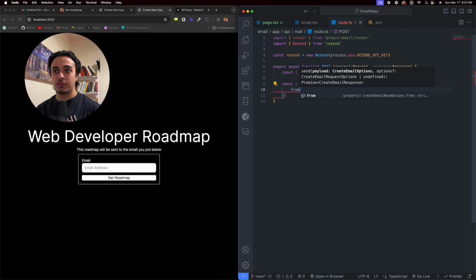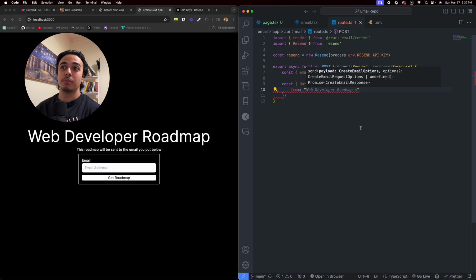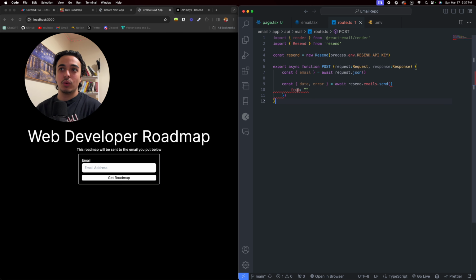Open that up from, and this is really important. Since we are in the local environment, we have to write a very specific type of email. This is basically what we'll be writing to the user's email, right? So our email has to be from, I believe this could be anything. I'm just going to write Acme because that's in the documentation from Resend, but from Acme, and then onboarding